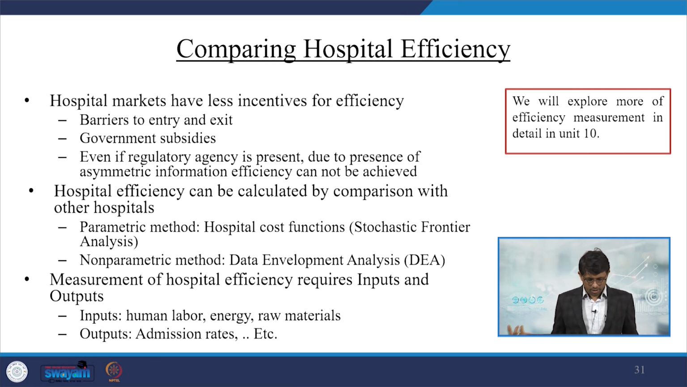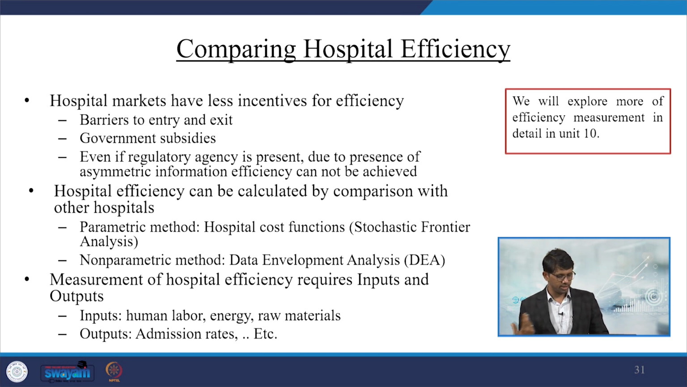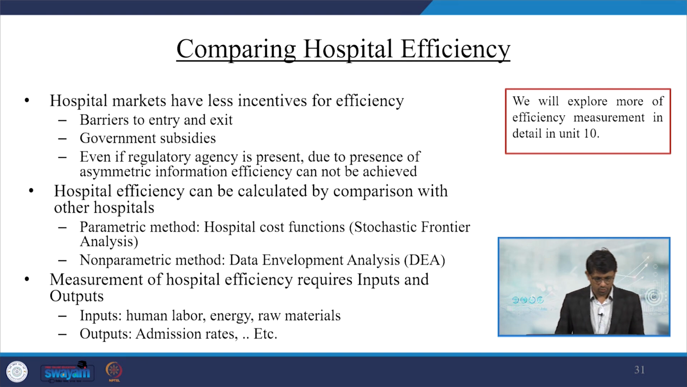Then a couple of other things to mention at the end of this lecture. Comparing hospital efficiency lies on barriers to entry, cross subsidization or government subsidies, and regulatory agencies as well. Hospital efficiency can be calculated by comparison with other hospitals through parametric and non-parametric methods. Largely we use DEA. We are also explaining it in our respective chapter on DEA, and we will also give you some direction related to conversion of the non-parametric component to a parametric component,